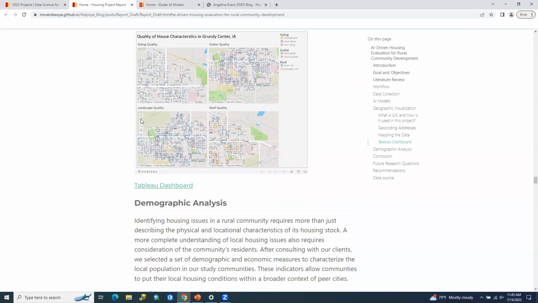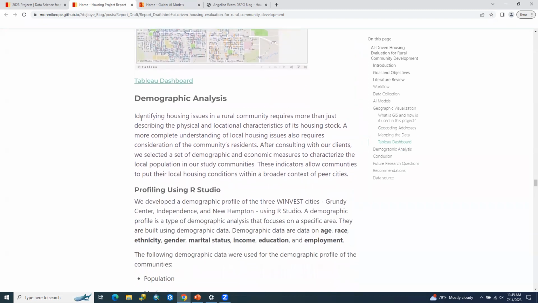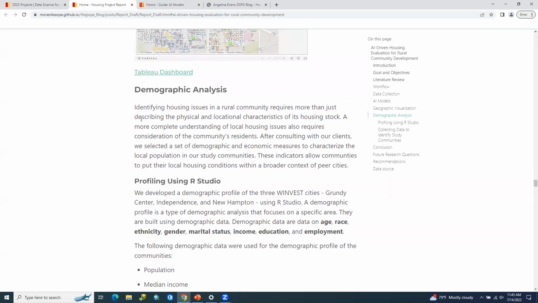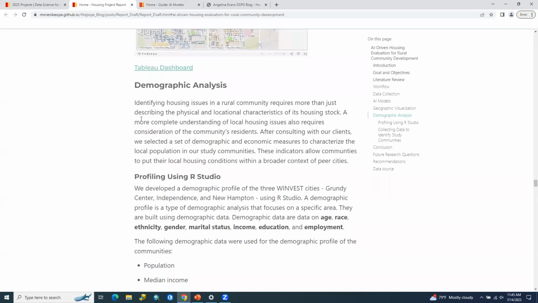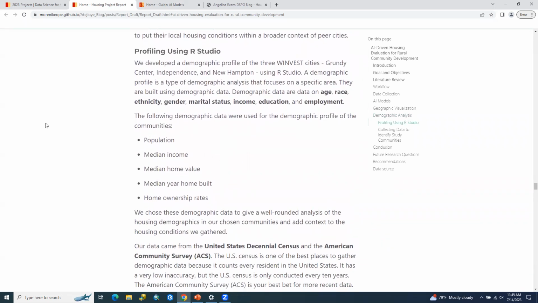And now moving on to demographic analysis. Identifying housing issues in rural communities requires more than just looking at the physical and locational characteristics of its housing stock. To have a more complete understanding of the local housing issues, we need to look at the community's residents as well. So after consulting with our clients, we came up with a list of demographic and economic measures to help characterize our cities. And we developed a demographic profile as a result of the three Winvest cities, Grundy Center,